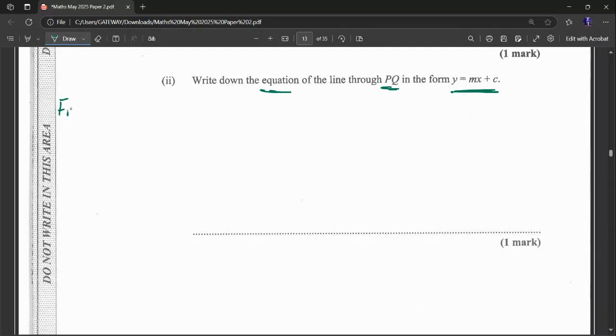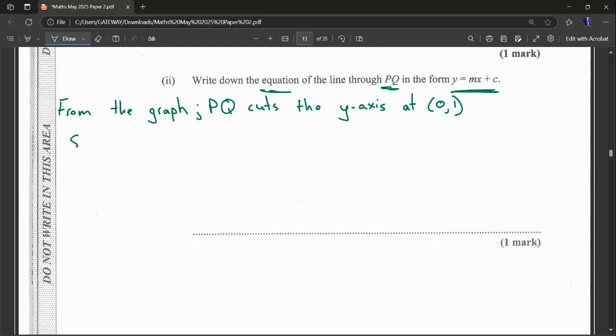From the graph, PQ cuts the y-axis at (0, 1). So the y-intercept,